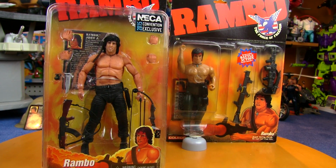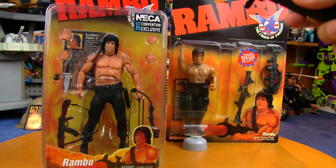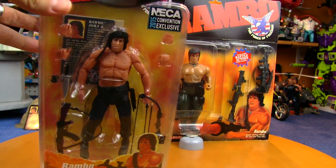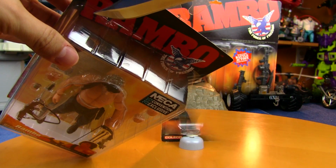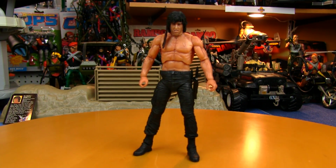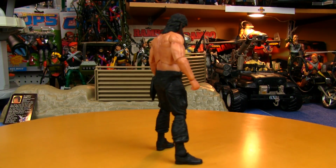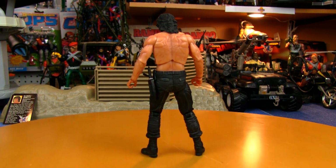So now let's take a look at Rambo out of the package. Okay, I decided to put an edit in there because I want to keep this PG and not a hard R like the new Rambo movie, and spare you hardcore collectors the horror of seeing